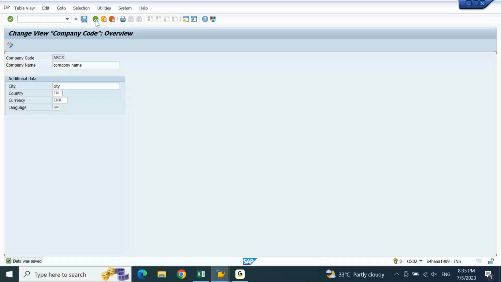If I add another new entry, by looking at this screen, do you understand anything or are you completely blank? You understand some things. Right? Okay, here I need to mention the company name, here the city, here the country, currency, language. You are able to understand what information is to be given in the respective fields. Majority, more than 50%, you will easily understand.